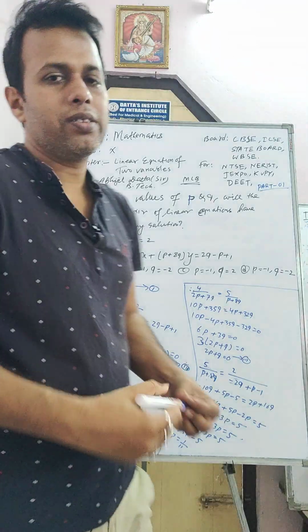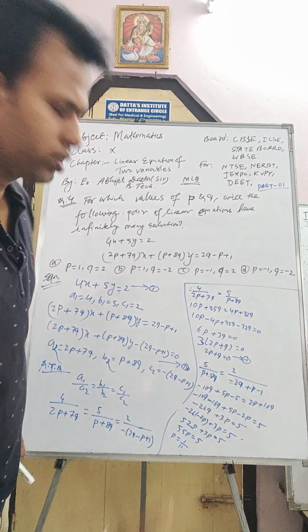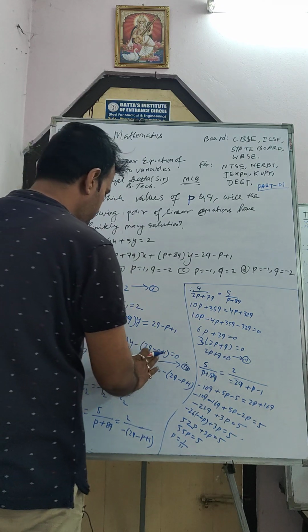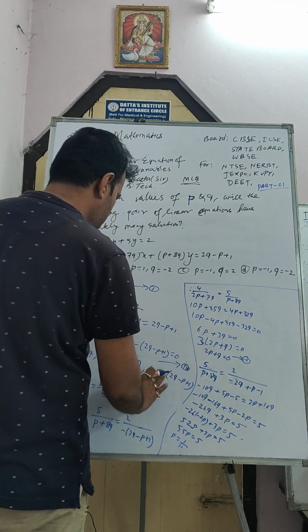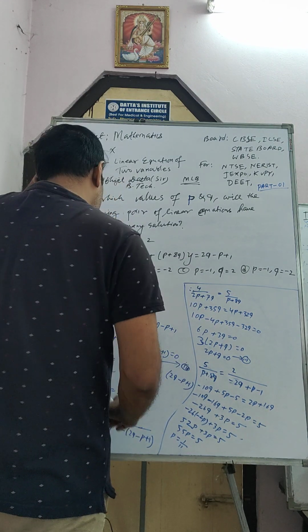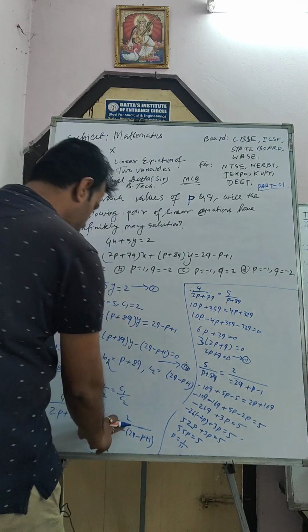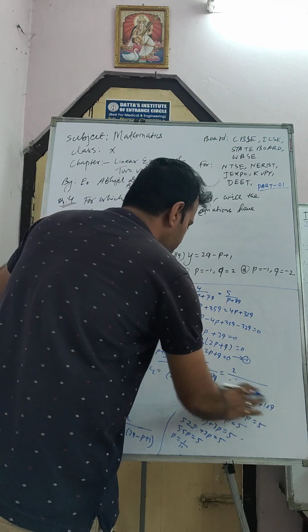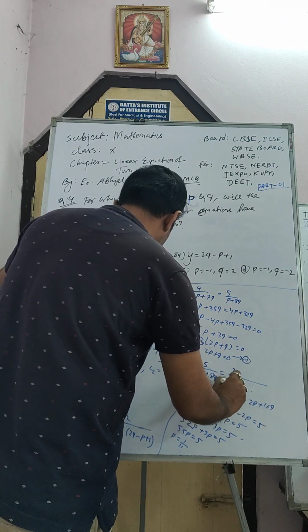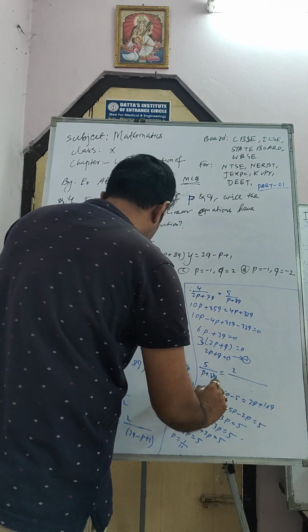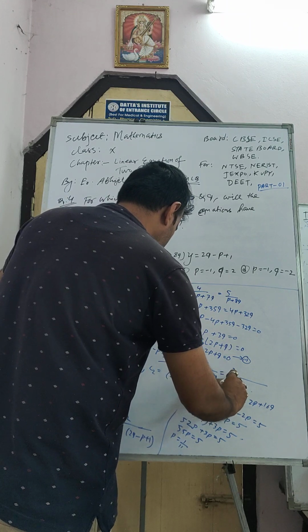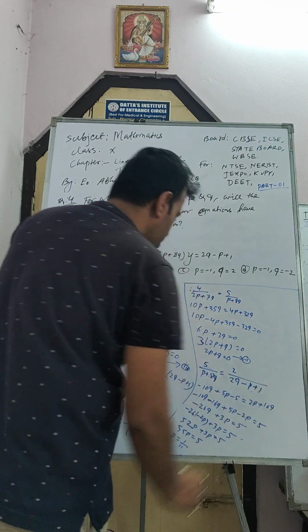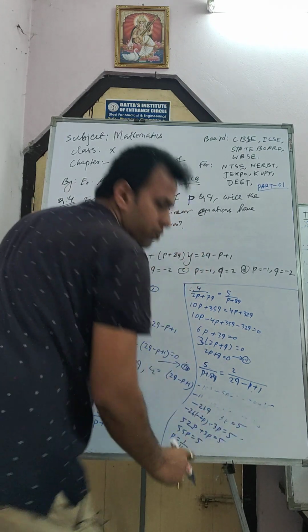Okay, I am doing one mistake here. Suppose it will become plus 2. Then it will become what? It will be 2, that is 2q minus p plus 1. So if we put this value,